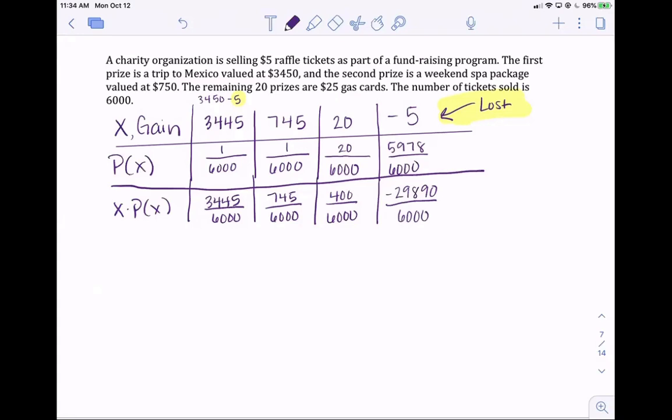Okay. Expected value is the same thing as your mean. So we're going to find the sum of our x times p of x. So that last row we just found. So we have common denominators. So just add up your numerators. So first off, it's going to be a positive or a negative? Negative, because that negative 29,000. So we get negative 25,300. And if we divide by 6,000, and then how many places did I say we should round to? 2, because we're talking about money. So we have a negative $4.22. Negative $4.22. Okay. Questions? There can be a short